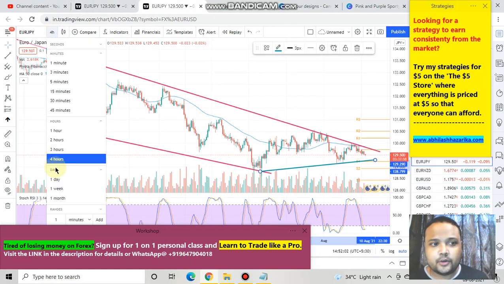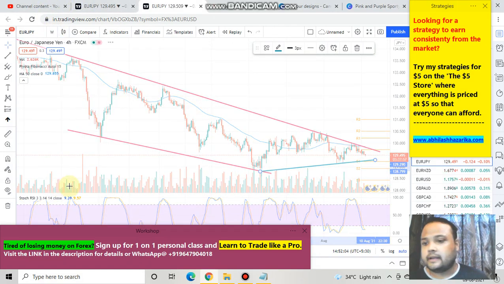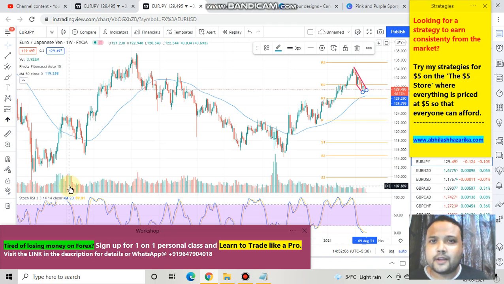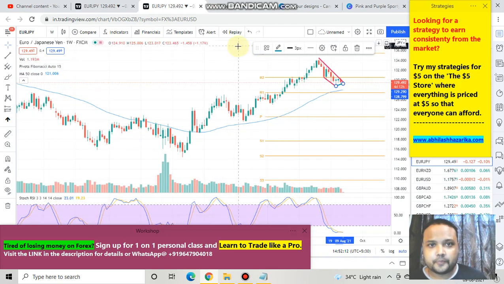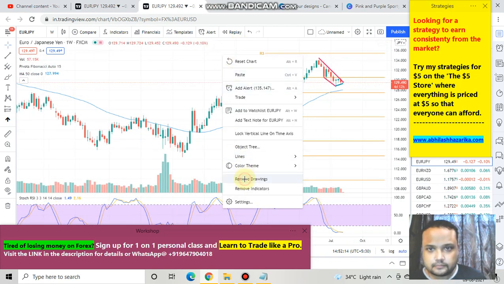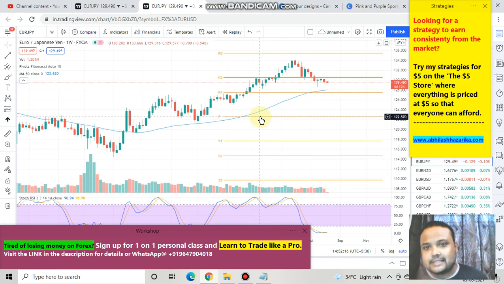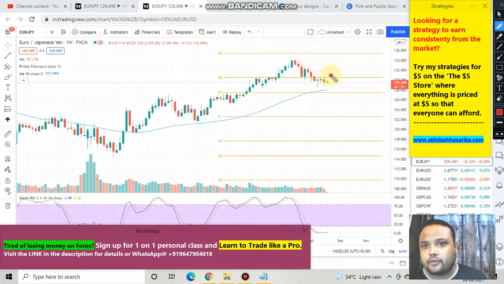And if I take you to the weekly chart here, as we all know, the weekly chart is important because it belongs to the institutional traders, the big boys. If we go to the weekly chart, you can see that though the market is in a downtrend, for the past 3 weeks, you can see that...